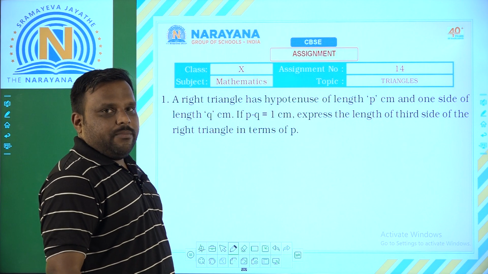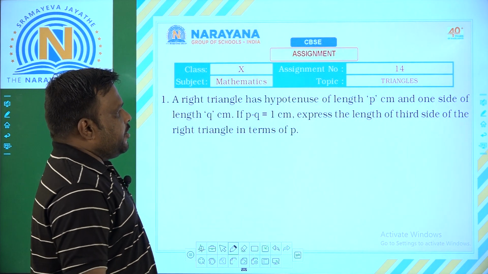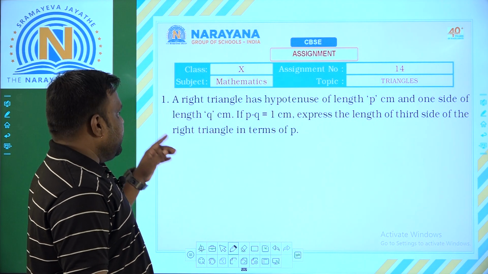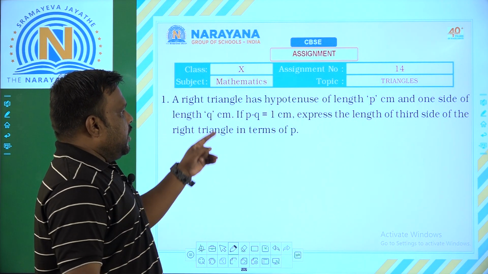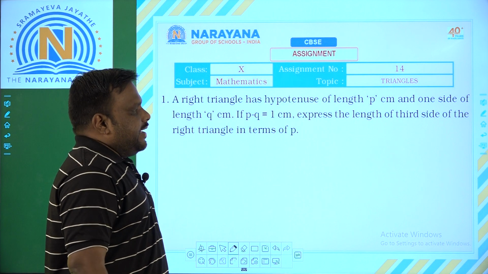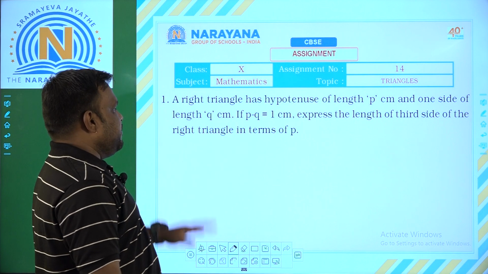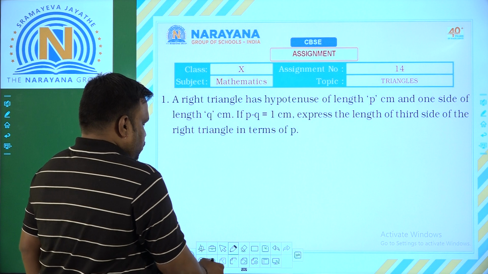Let us start with question number 1. A right triangle has hypotenuse of length p centimeters and one side of length q centimeters. If p minus q is 1 centimeter, express the length of the third side of the right triangle in terms of p. So for this question,